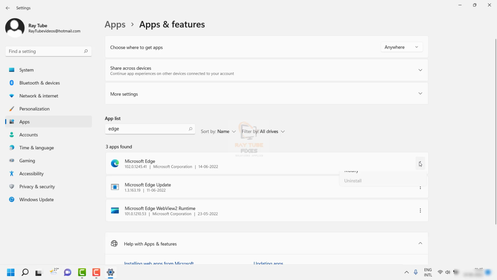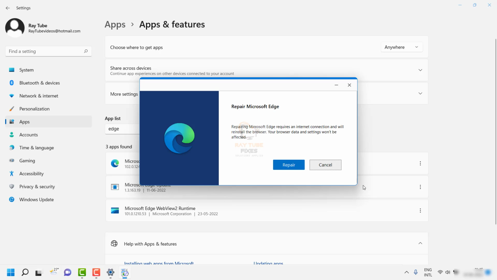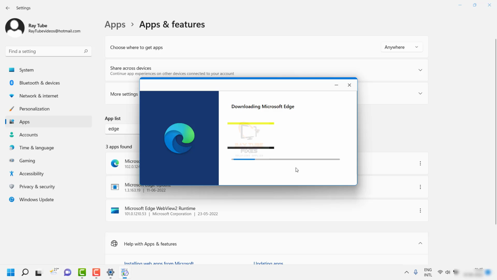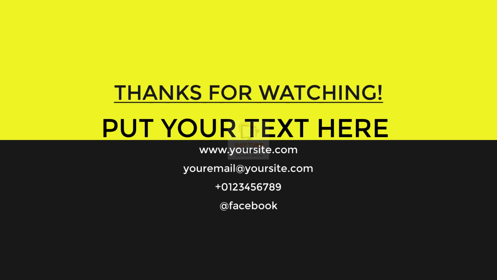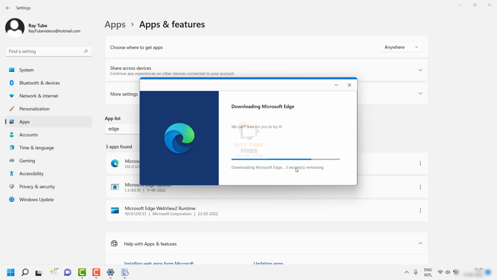Under this section, you can click on the three dotted lines and click on modify. In case you get a user access control prompt, you may click on yes or continue and then click on repair. Now what this will do is go ahead and repair your Microsoft Edge, and this should ideally fix most of your issues. Once the repair is complete, you can try to launch Microsoft Edge and see if that works. In case you're still facing a problem in spite of repairing Microsoft Edge,